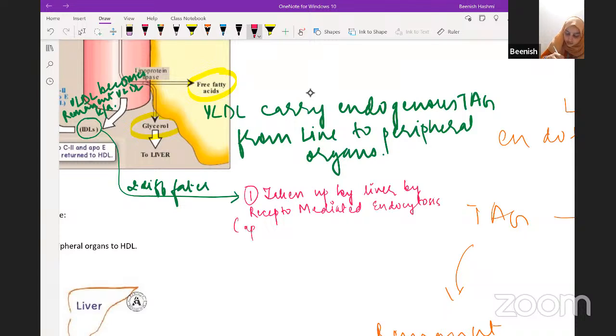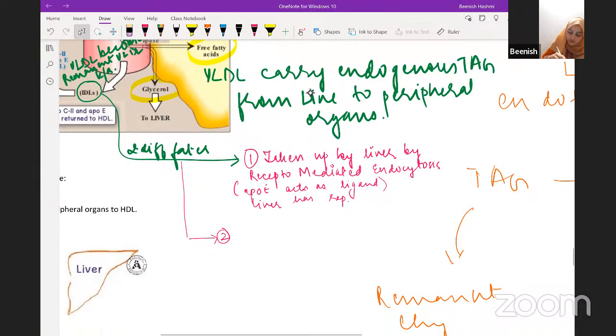And for this, ApoE is going to act as the ligand, and the receptors are present on the liver. Okay, and the other fate is